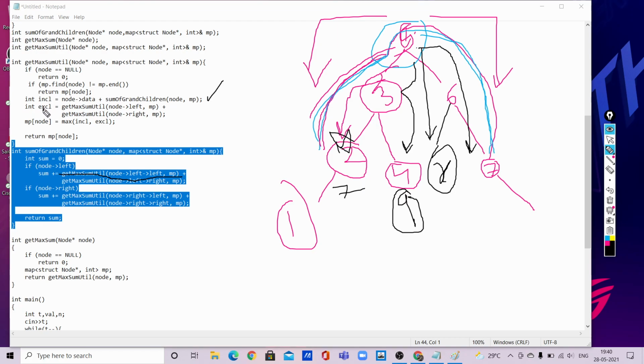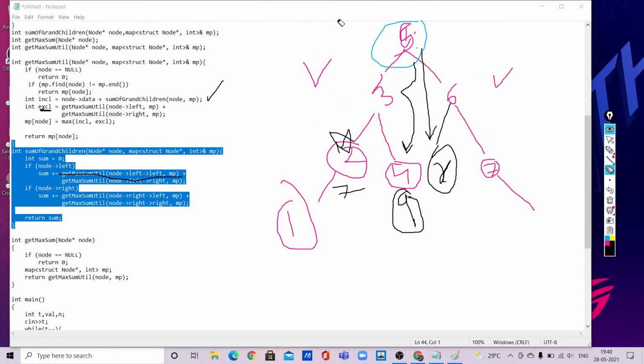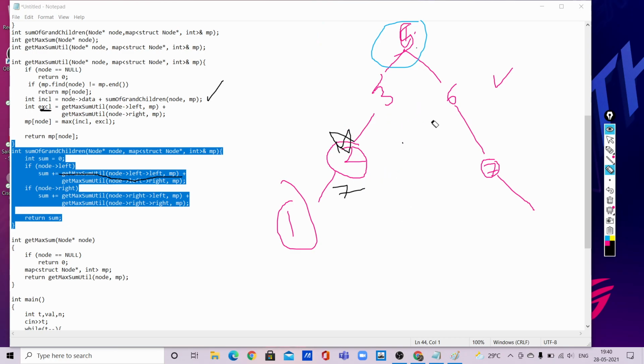What will happen in excluding means, if we have taken this node, then we have to exclude it, or if this should be included. Okay, let's not consider this at all.